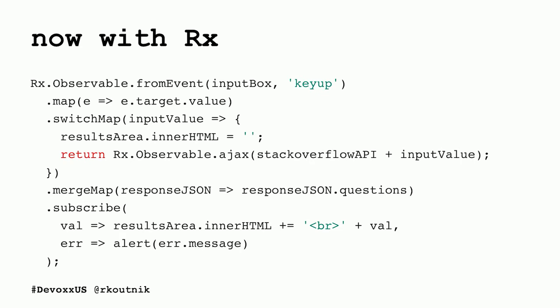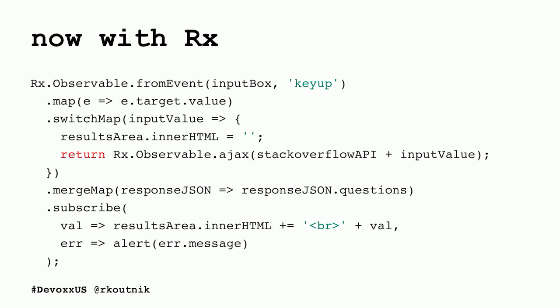And then we get to switch map. There's a switch map up there, and we're like, oh, I know what maps are, but I don't know what a switch map is, and this sounds complicated. So let's skip it. Let's forget about that. Keep moving on. In the results area, set the inner HTML to nothing and clear that out. OK, so we made a new request. Clear out the old request.